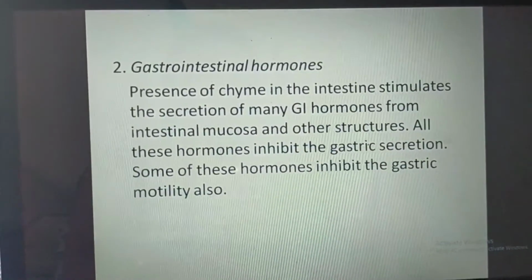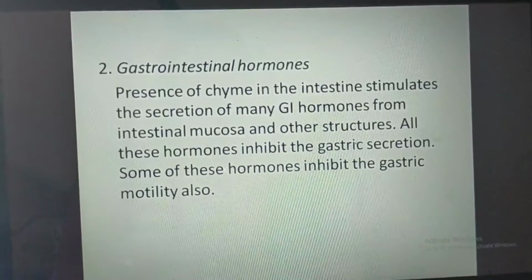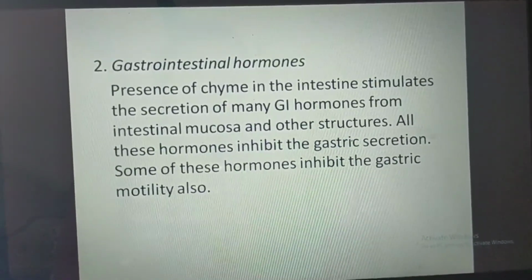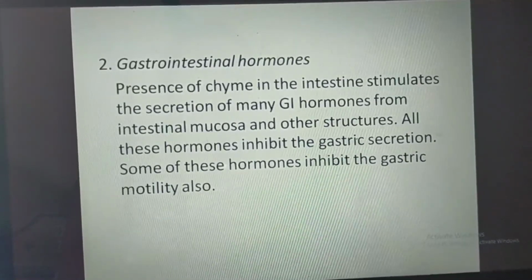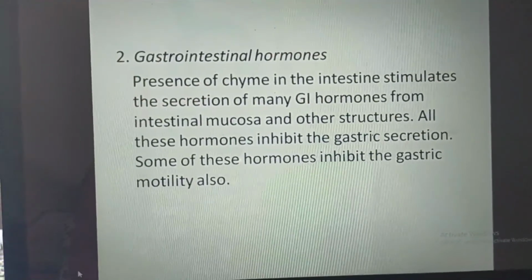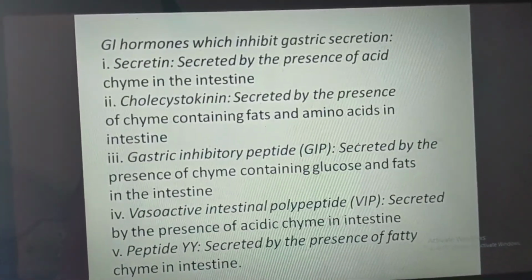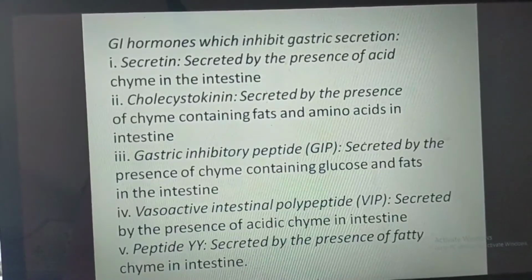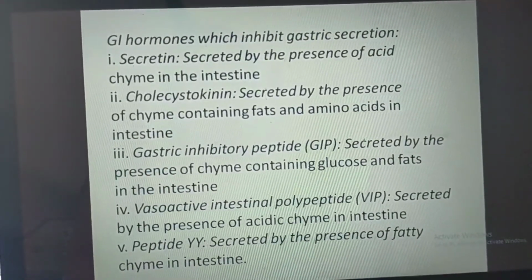Gastrointestinal hormones. Presence of chyme in the intestine stimulates the secretion of many GI hormones from intestinal mucosa and other structures. All these hormones inhibit the gastric secretion. Some of these hormones inhibit the gastric motility also. GI hormones which inhibit gastric secretion: secretin, secreted by the presence of acid chyme in the intestine;